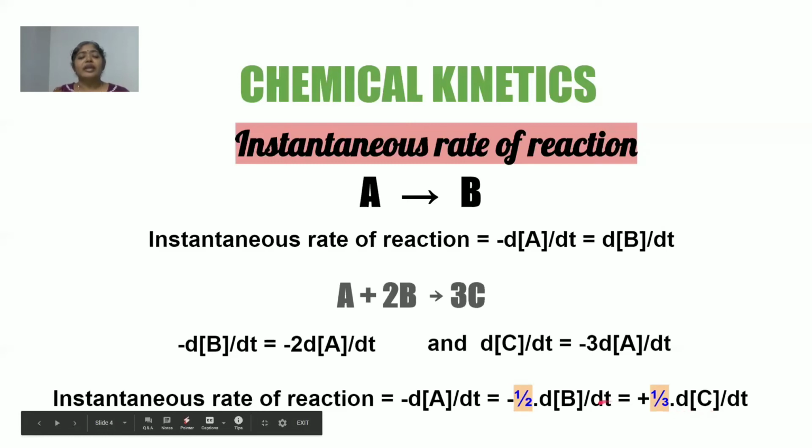Okay. So what does this indicate? I have highlighted these numbers here as 1 by 2 and 1 by 3. Now what is the reason for highlighting them? Because they are nothing but the reciprocal of the coefficients in the balanced chemical equation. So you can see the coefficient of B in this equation is 2, and therefore when I express the rate in terms of B, I have to multiply it by the reciprocal of its coefficient. Similarly, the coefficient of C in this equation is 3. So when I express the rate in terms of C, I need to multiply it by the reciprocal of its coefficient. Okay, in case of A, it was not needed because A doesn't have any coefficient in this particular equation. I hope it is clear to all of you.